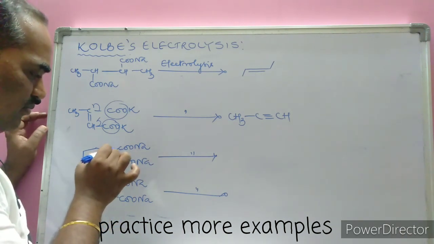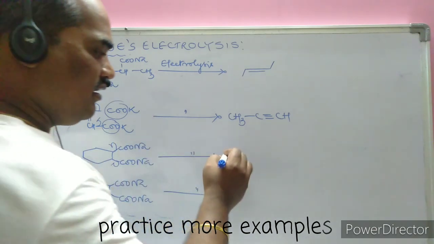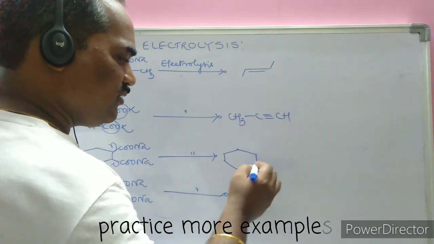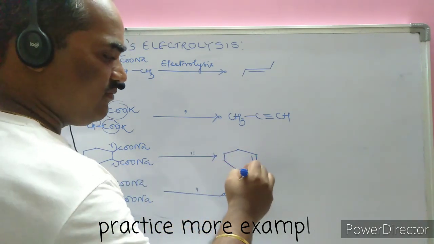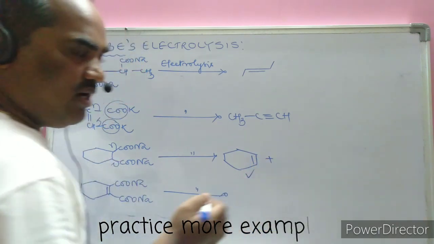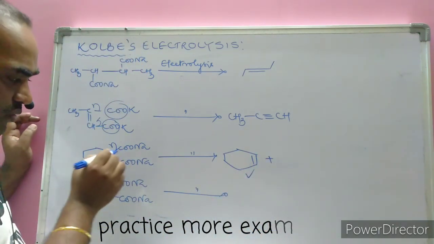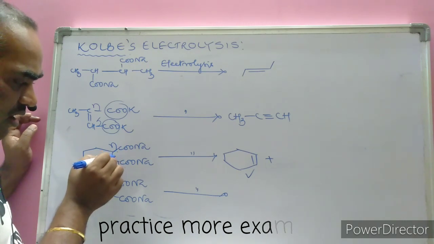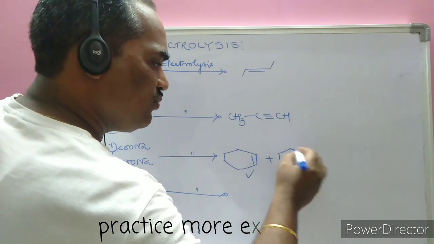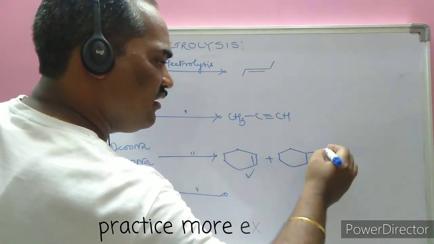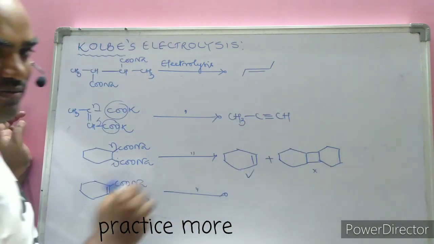Here this bond is broken homolytically and this bond is broken homolytically. As a result, different possibilities arise, but cyclohexane is the major product. This one is the major. In addition, if this bond is moved toward this side and this bond is moved toward this side, there is one odd number of electrons and another odd number of electrons. Another molecule is also going to join with this. As a result, this kind of compound is also formed, but it is minor.